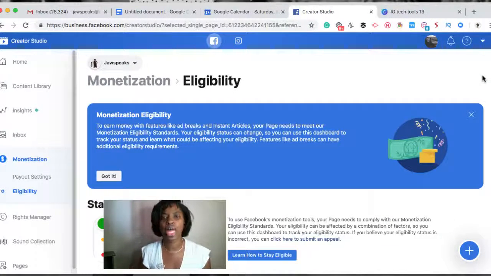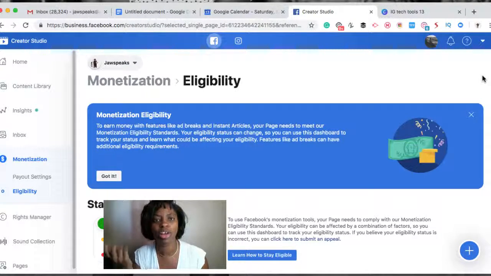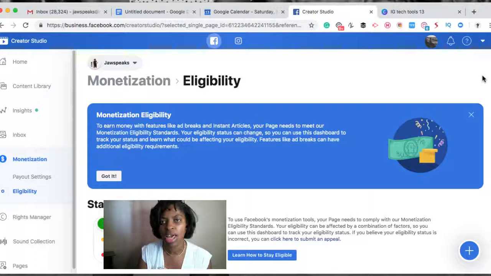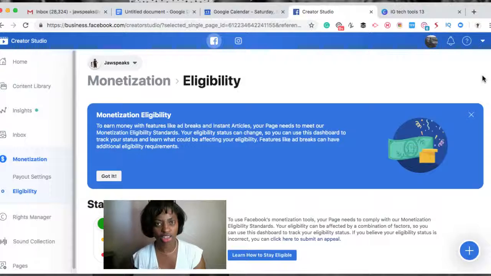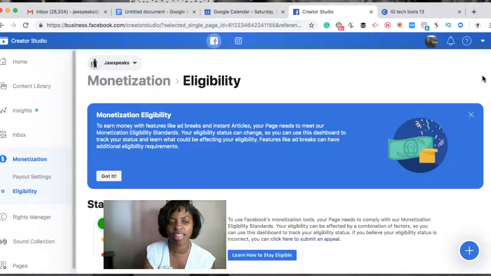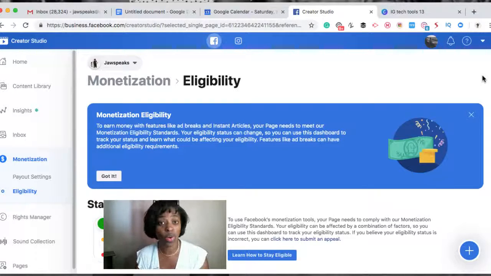How can you then utilize your Instagram page along with your Facebook business page, which a lot of people are already currently doing, but then monetizing your content on the back end on your Facebook business page is going to be kind of the game changer for you. Now you can create your content on Instagram as well as post that content on your Facebook business page and monetize it there. I think this is a great play,